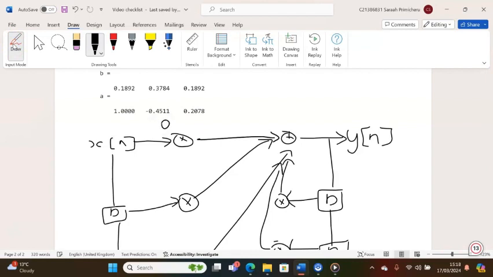So this first part we're gonna multiply by 0.1892, and then after this one's gonna be 0.3784. Okay,